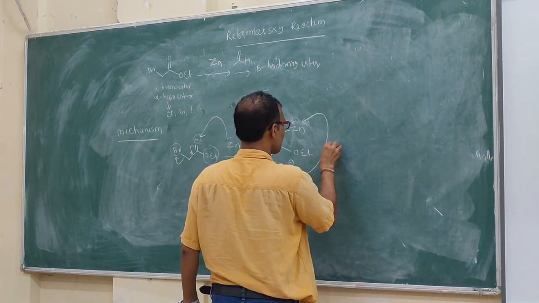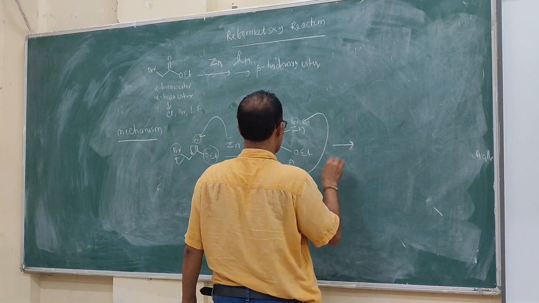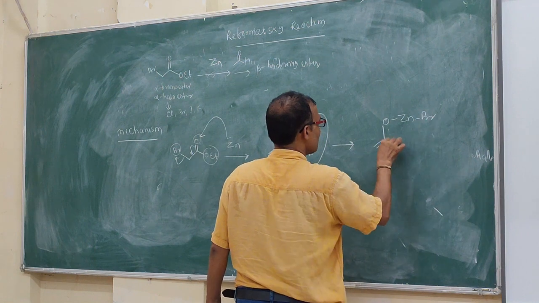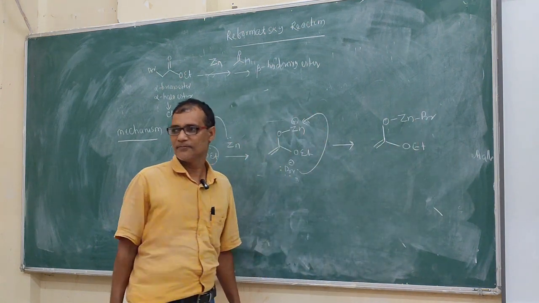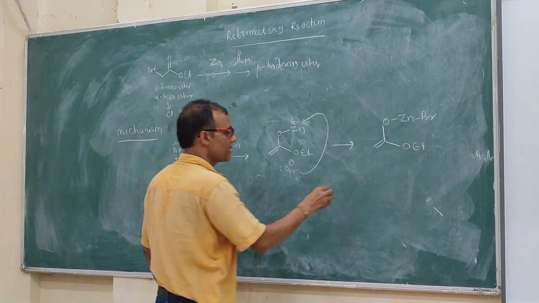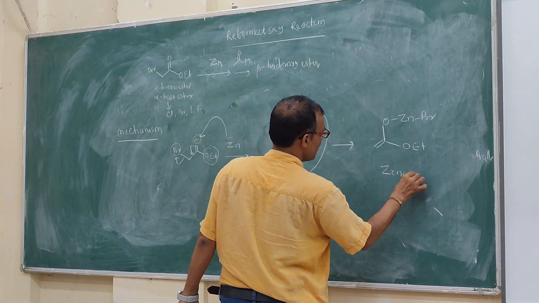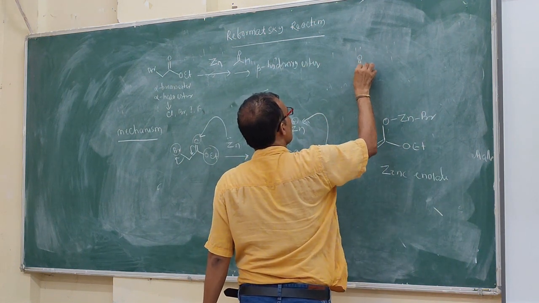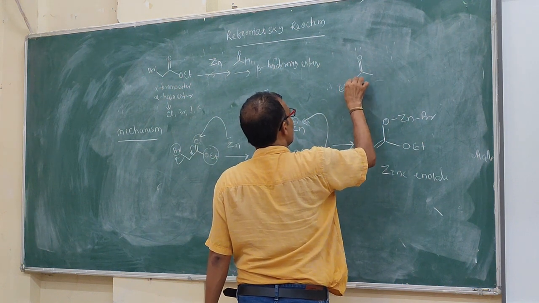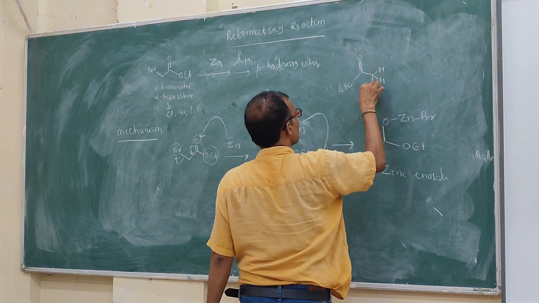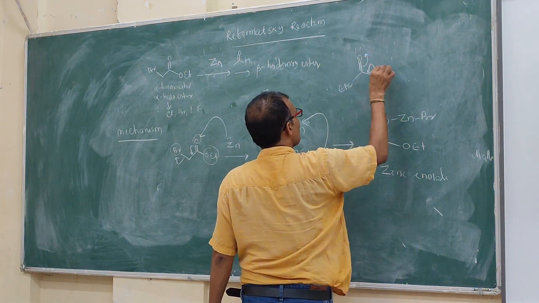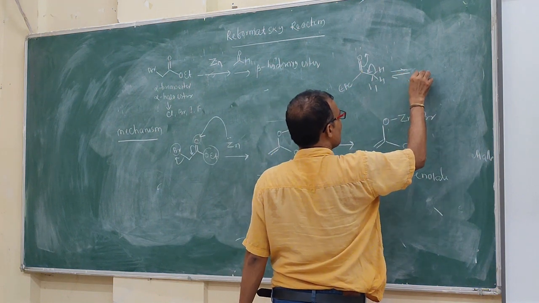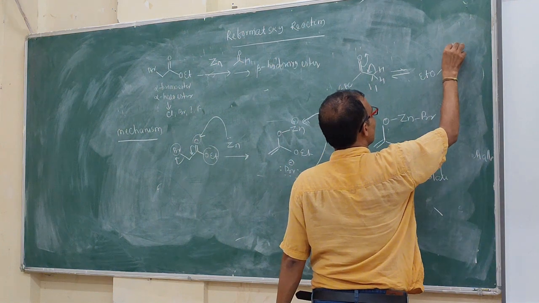Okay, that means you have this, Zn, Br. Is that okay? So this is called zinc enolate. What is enolate? Suppose you have a carbonyl having an alpha proton. This is an alpha proton, alpha position, first position. So this one can go here and it can exist as this. That is called keto-enol tautomerism. Am I correct?